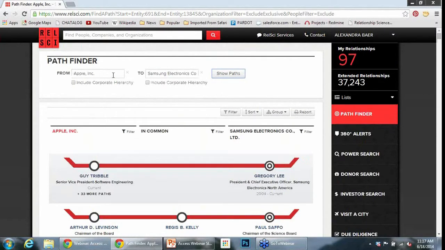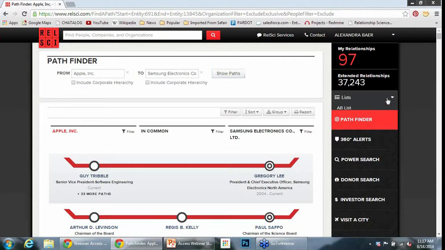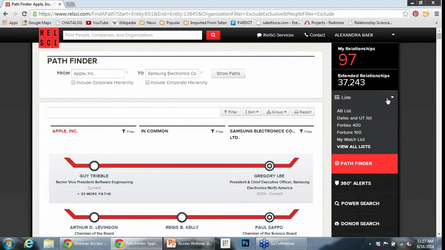And the last thing I wanted to show you is basically using our list functionality. I know many of you have created lists, and lists live over here on the right-hand side of your site. And lists are really helpful if you have a list of people that you want to be able to leverage within RelSci. So some of our clients will upload a list of their prospects, as it can be people or it can be organizations, and we'll basically use that list throughout the RelSci platform to be able to see how